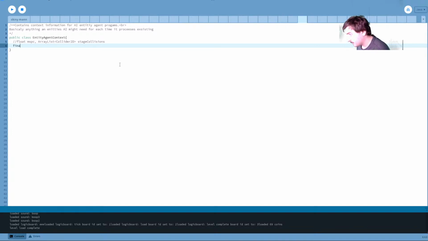So final float. Why is this a float now that I think about it? Because it's basically always going to be an integer. Why did I make this a float? Whatever. Maybe it's just because it makes math easier.